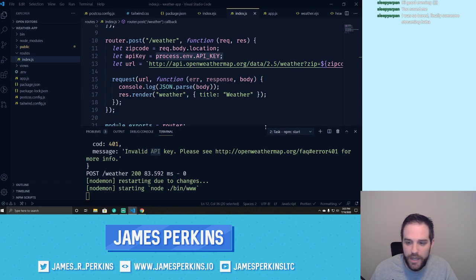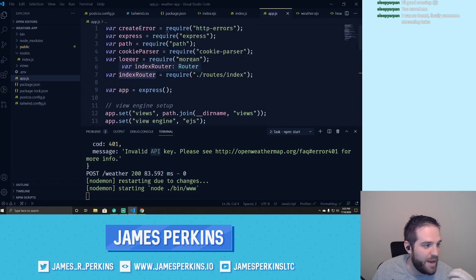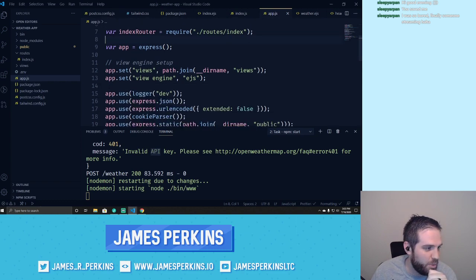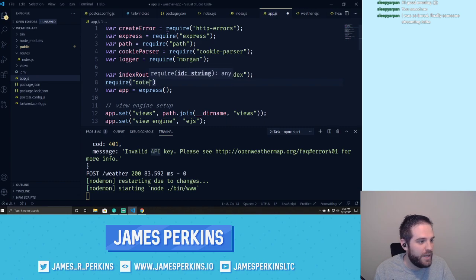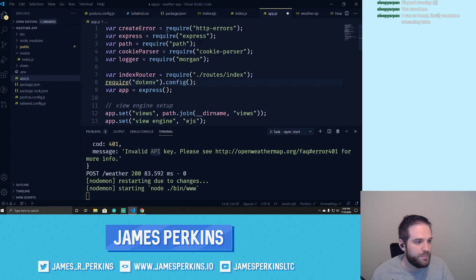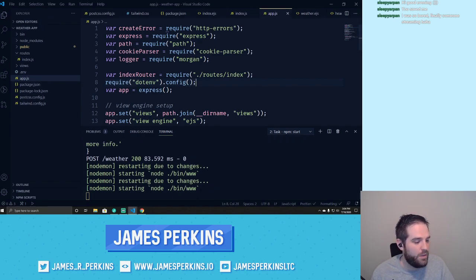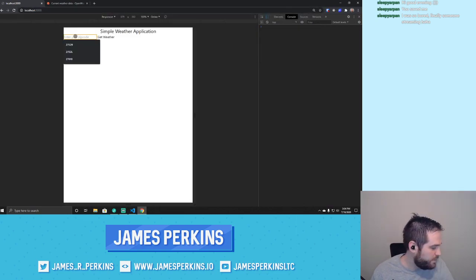And I only just realized that because I am stupid. So in the app.js file, when you use this, you're going to have to add one line to the top of your application. And you need to do it as high as possible so that it's available when your app is ready. So inside of here, you're going to do require, and then .env, and then .config, and then close it out. And now, if all things go according to plan, and I'm not so special,